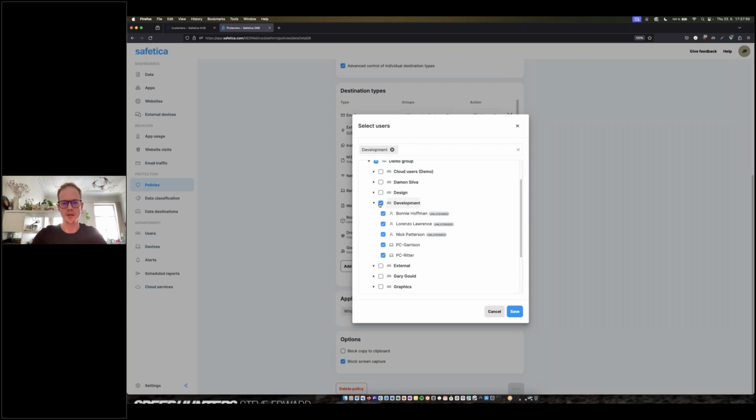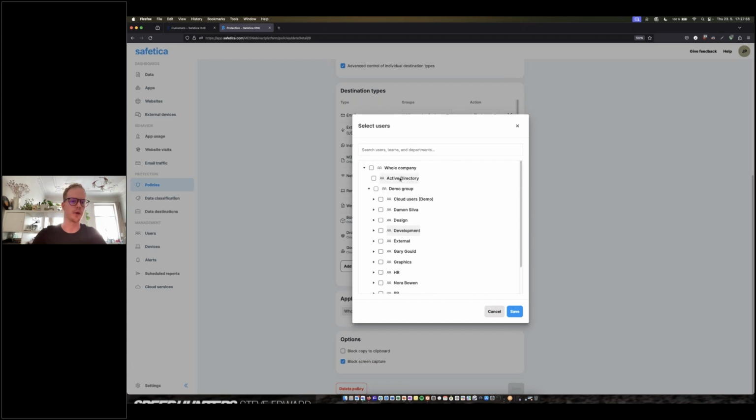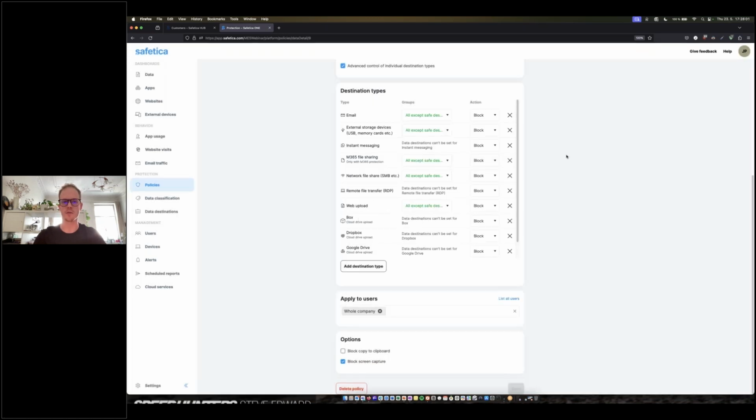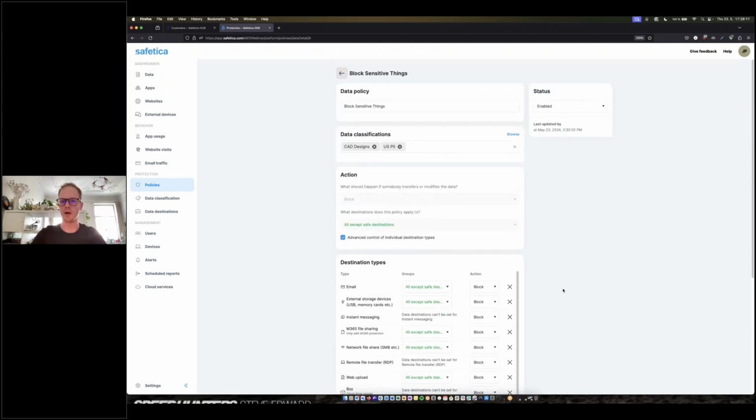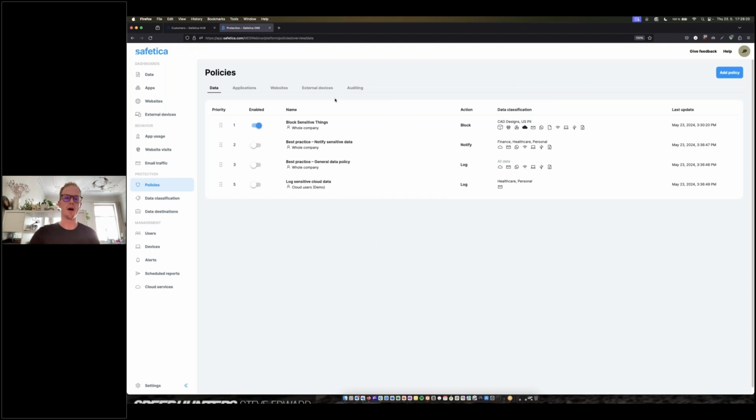And of course, you can customize the teams and how things are set up here. This is all going to be generally pulled from Active Directory or AAD, to make it nice and easy for everybody, but you can configure your teams specifically to your needs. And then also at the bottom down here, we've got block copying to clipboard as well as blocking screen capture. So just wanted to go over that for you all, and hopefully that all made sense. And again, if there are any questions regarding any of this or anything really, please feel free to pop a message into the chat.